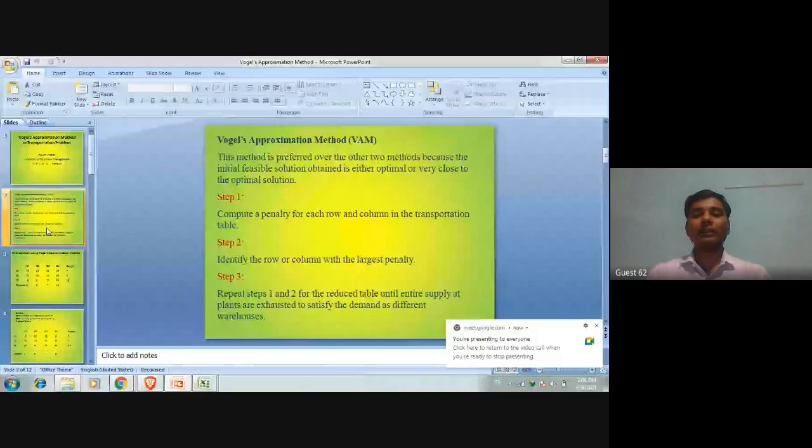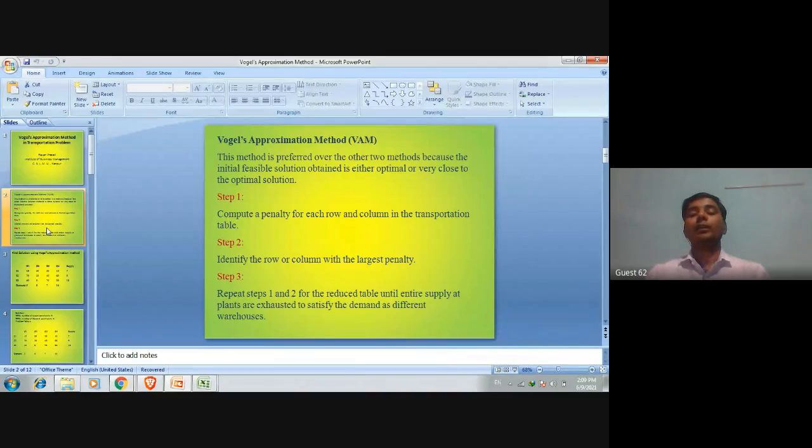Identify the row or column with the largest penalty. After getting the penalties in the rows and columns, we will select the largest penalty. We will select that column or row which has the largest penalty, and on that row or column we will select the minimum per unit transportation cost, and on that cell we will allocate the minimum of demand